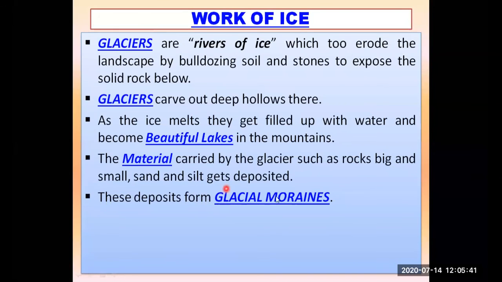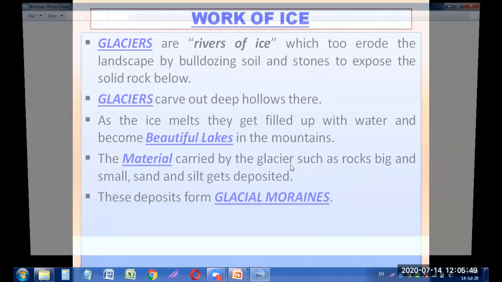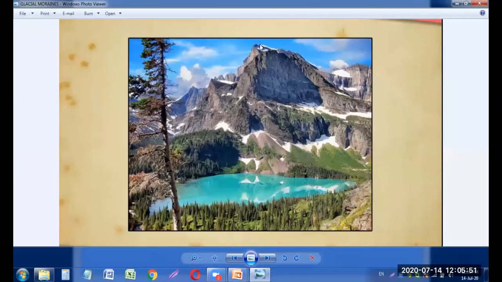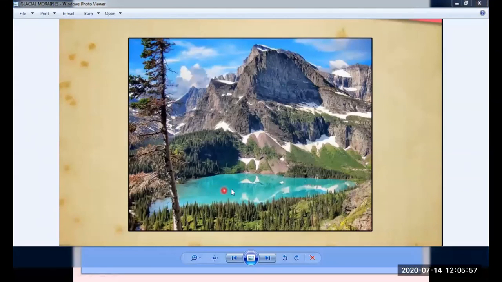These deposits form glacial moraines, और ये deposit होने के बाद क्या बन जाता है? These are known as glacial moraines. You can see ये deposits जब हो जाते हैं एक जगह जमा हो जाते हैं. You can see over here, my dear students. Let me show you with the help of my annotation. Also, let me show you. You can see over here. These are known as glacial moraines. ये glaciers के जमा होने के वजह से glaciers has brought down the materials, and those materials have been deposited along with water over here. So they are known as glacial moraines, my dear students over here.